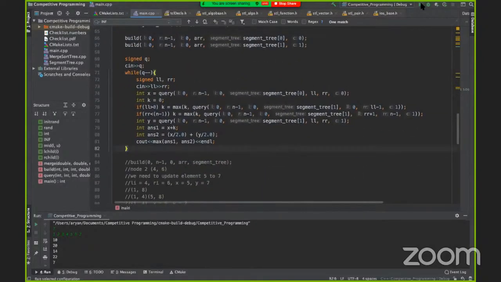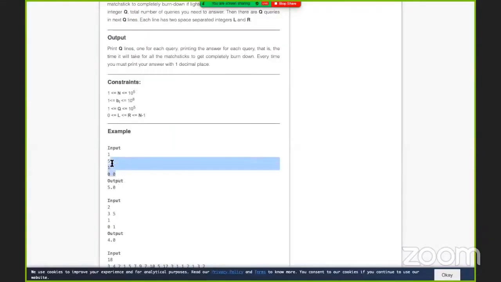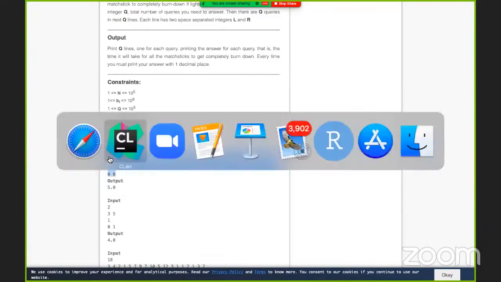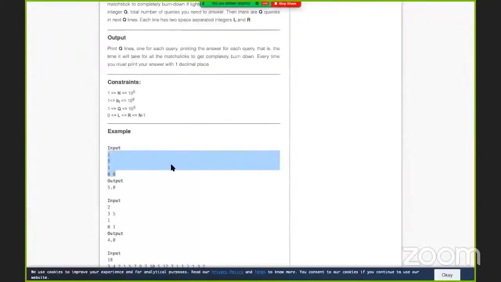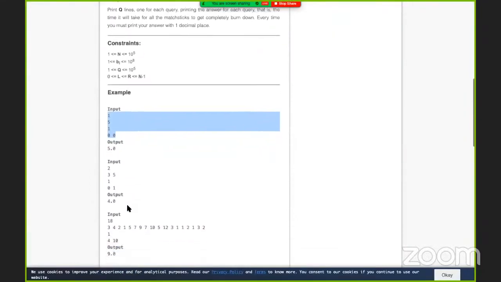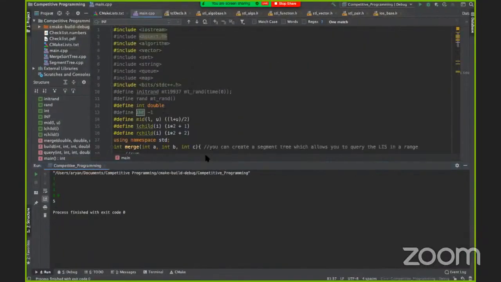Okay, so let's try to run this on a sample. And we have 5, perfect. Okay, we must print it with 1 decimal place every time. So let me just do that.